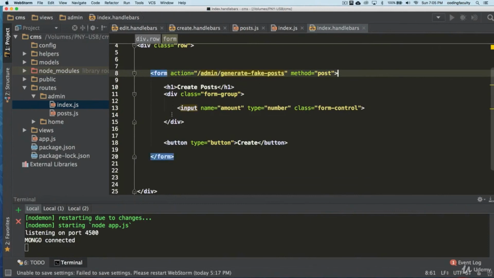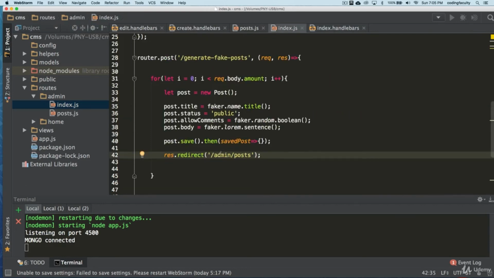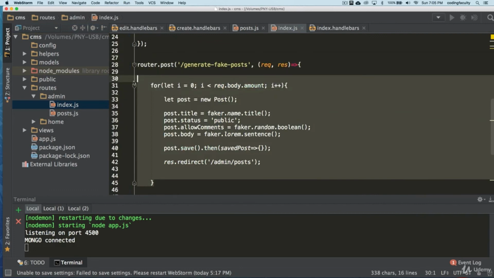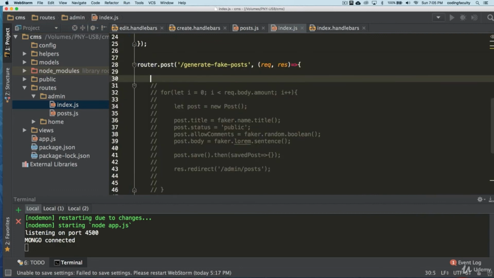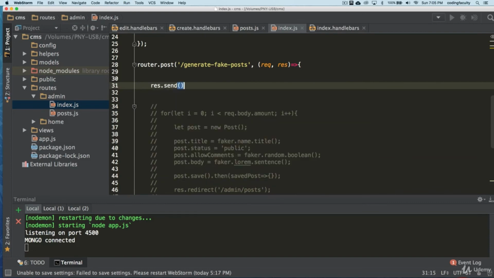Why don't we check this form first to see if it's actually submitting, right? So let's go to the routes index, and let's do console here. I never checked this. Let's use res.send. It works.